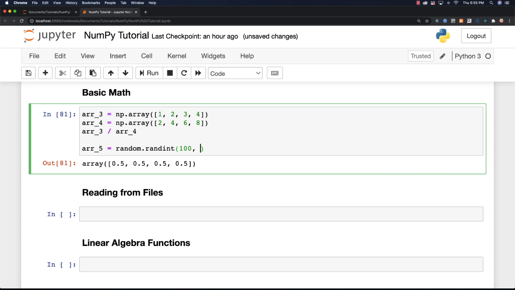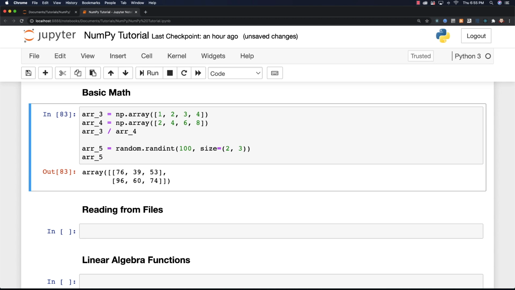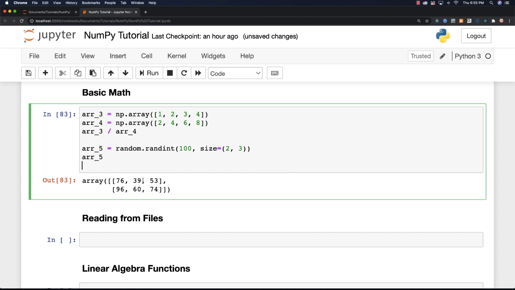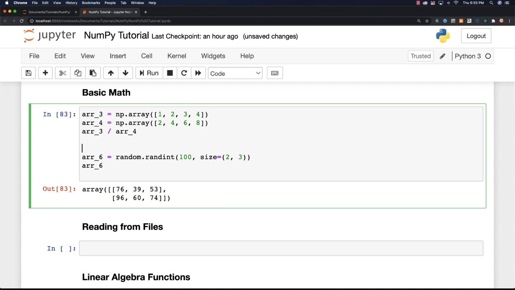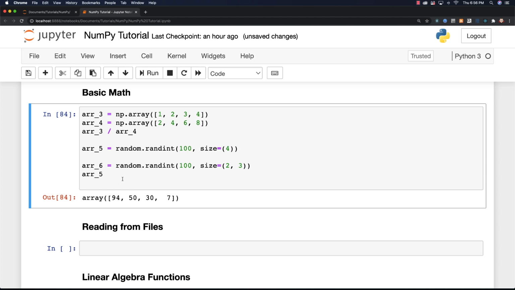And let's define the size to be equal to 2 by 3. I can come in and show you what this looks like. There you are, there's our random array. Actually, why don't I make this be 6, and let's generate another one and have it be array 5, and it's just going to be a one-dimensional array. And let's give this a total size of 4. And if you just want to see what that is, obviously it's random, so it's going to change every single